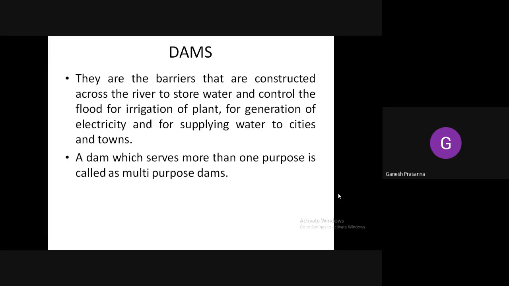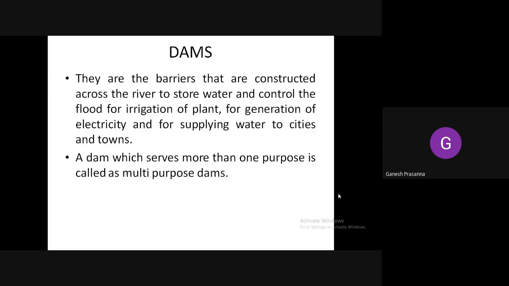For example, BRP, the Bhadra Reservoir Project, is built in such a way that it can produce a small amount of electricity, and also they release drinking water to the areas adjacent to Tarikere and Bhadravati. Irrigation is the main aspect.